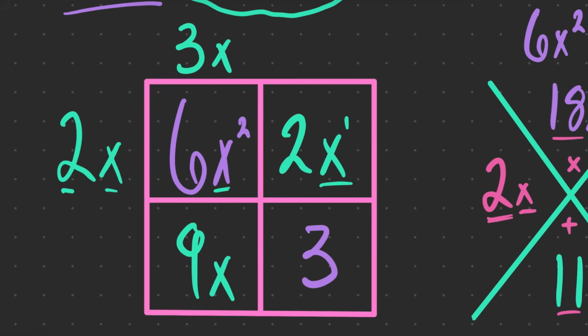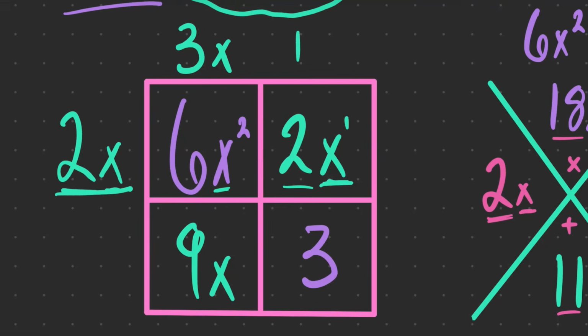Okay, so now let's move on to this one right here. What times 2 will give me a 2? Well, a 1 does. Okay, and what times x gives me x? Well, I can't multiply by another x, right? I can't do that because that would give me x squared. So I'm just going to leave this as a 1. And so I like to double check. 2x times 1 is in fact